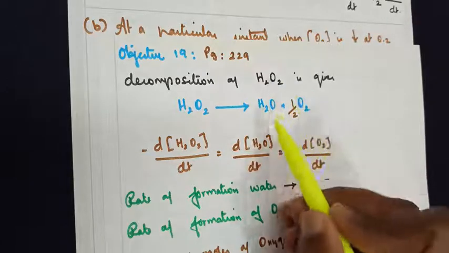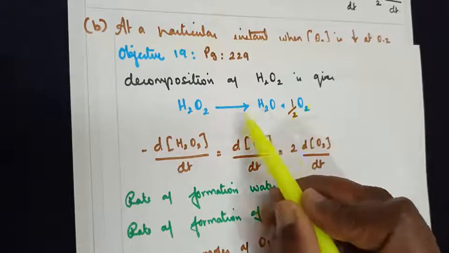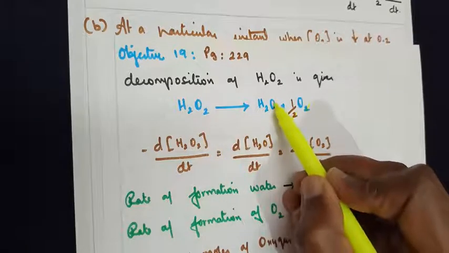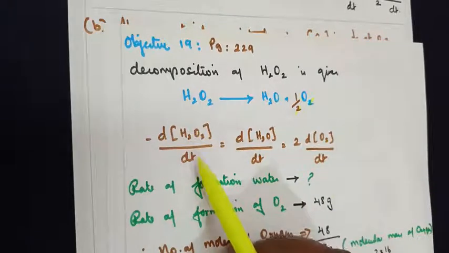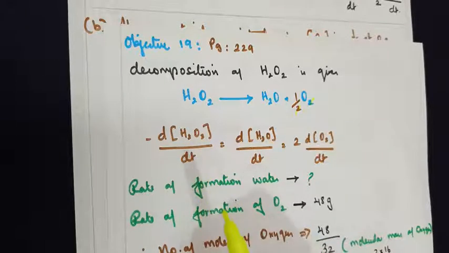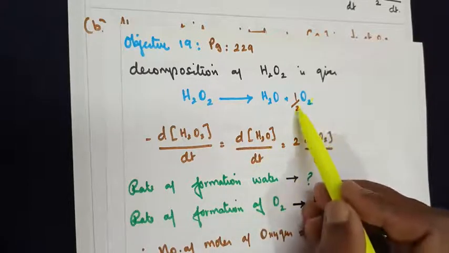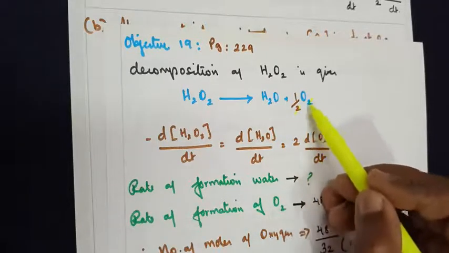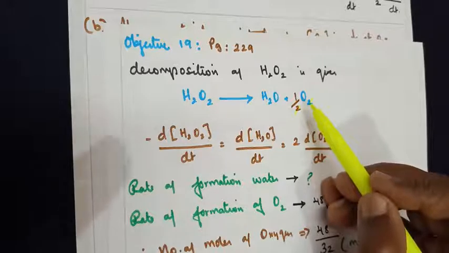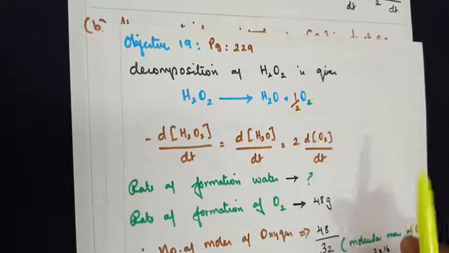Decomposition of hydrogen peroxide to give a water molecule and oxygen. Here again, if we balance the equation, H2 is balanced, oxygen 2, 1 oxygen here, after cancelling we get 1 oxygen. Both sides are balanced here. Write the equation, rate of the reaction is minus d of concentration of hydrogen peroxide by dt is equal to d of concentration of water by dt is equal to, you understand, how do we take the reciprocal? 1 by 2 becomes 2 by 1. I'm just cancelling to make you understand how to balance the equation. But when you consider the coefficient, 1 by 2 should be considered. Otherwise, you will make a mistake.